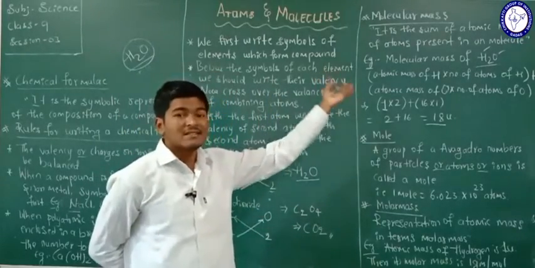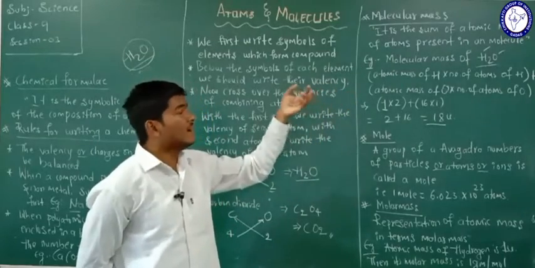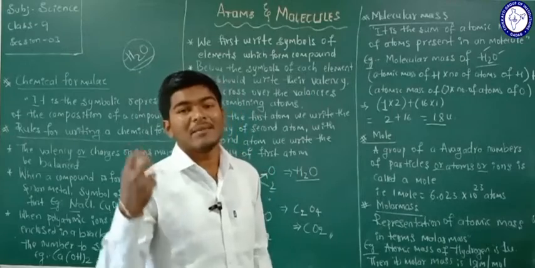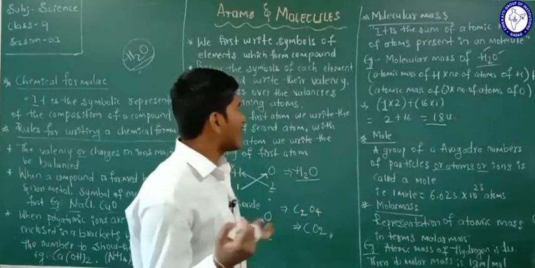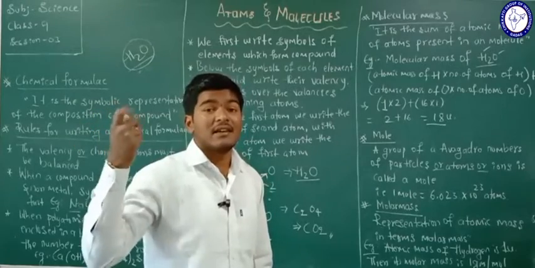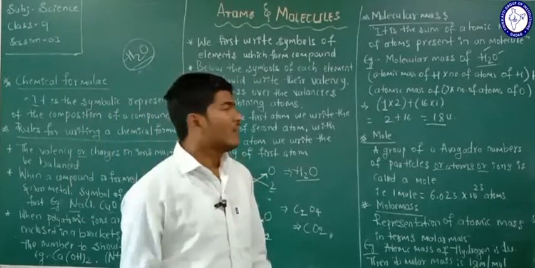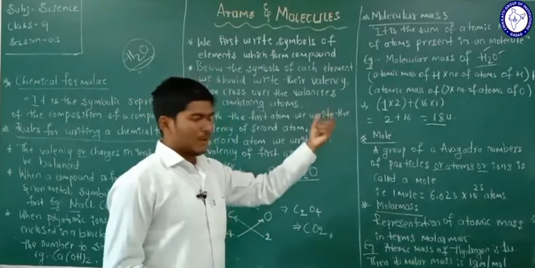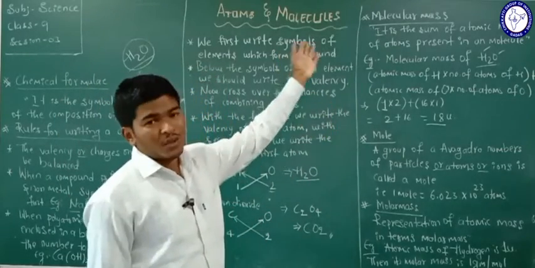By using this theory, we can easily calculate the molecular masses of compounds. You have to practice by taking some examples like carbon dioxide, H2SO4, that is sulfuric acid, HCl, that is hydrochloric acid, like that. You have to take examples and, using the atomic masses, calculate the molecular masses